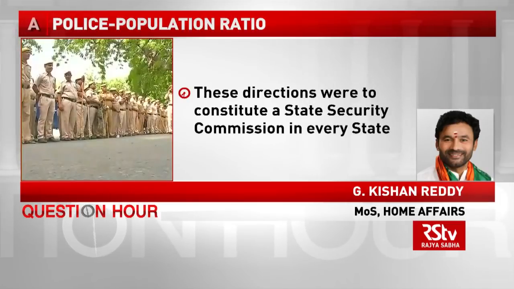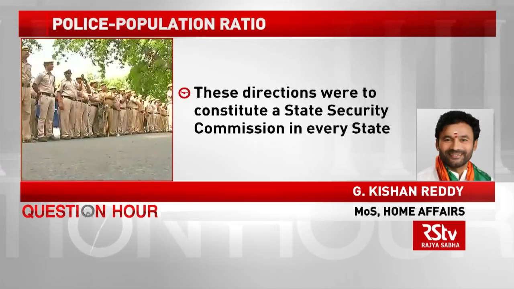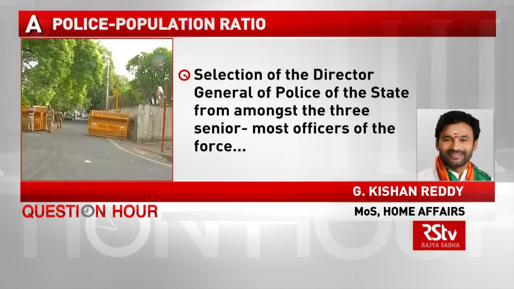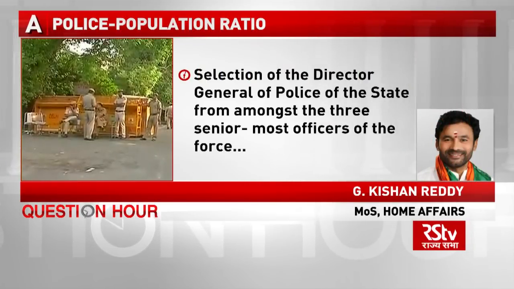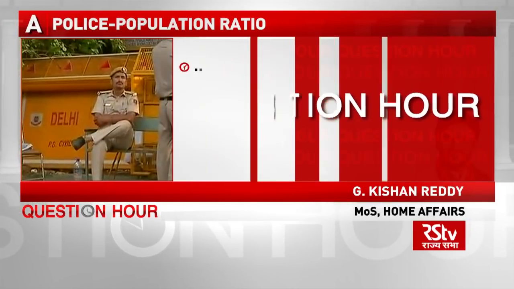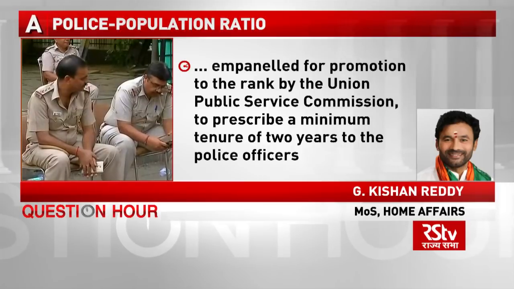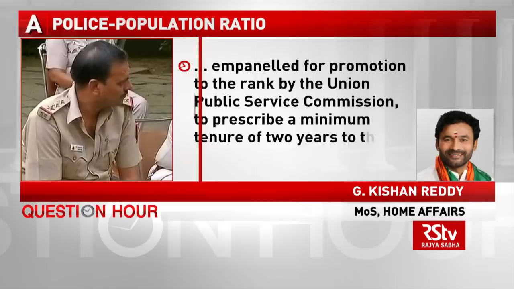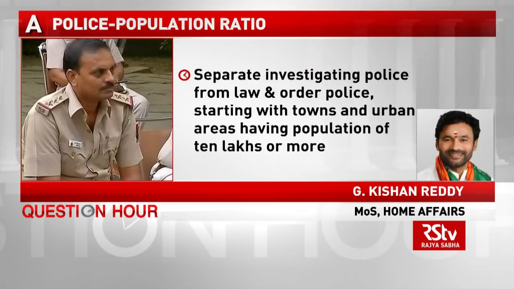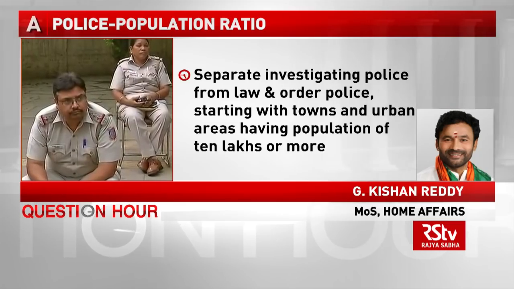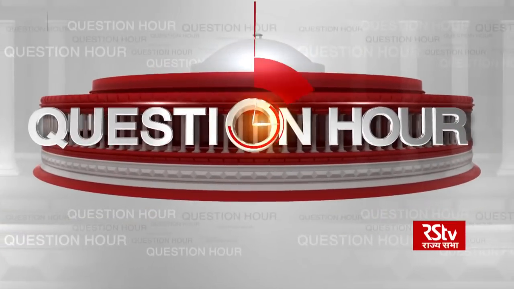These directions were to constitute a state security commission in every state, selection of DGP or Director General of Police of state from amongst 3 senior most officers of the force empaneled for promotion to the rank by the UPSC, to prescribe a minimum tenure of 2 years to police officers on operational duties, separate investigating police from law and order police, starting with town urban areas having population of 10 lakhs or more, and gradually extend to smaller towns